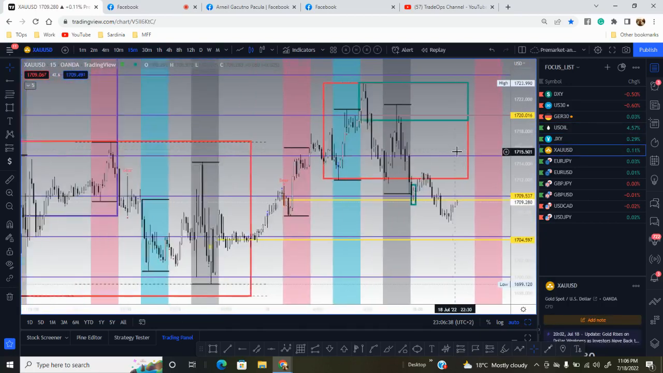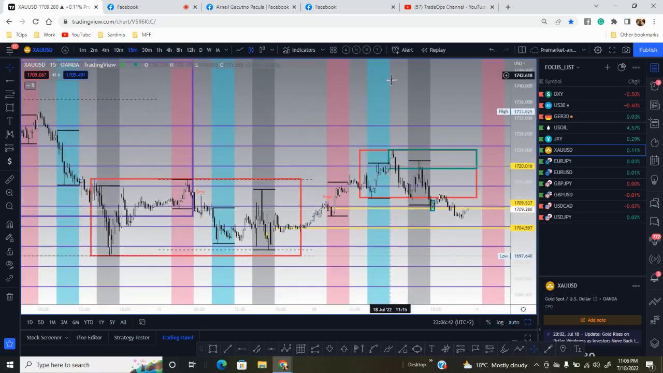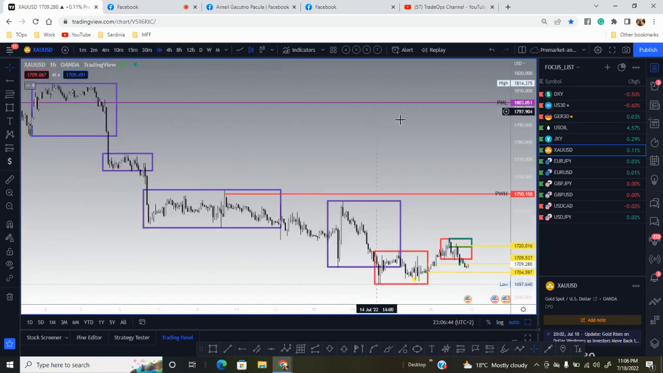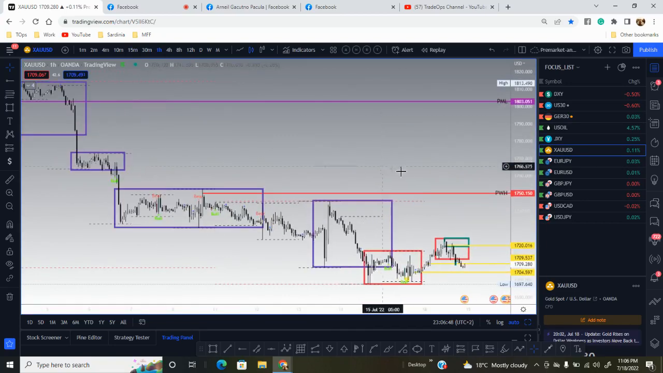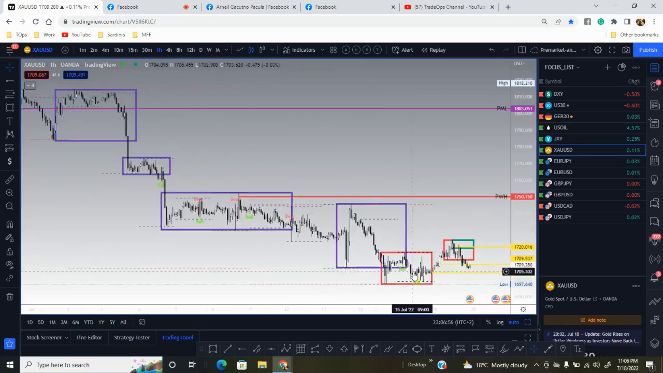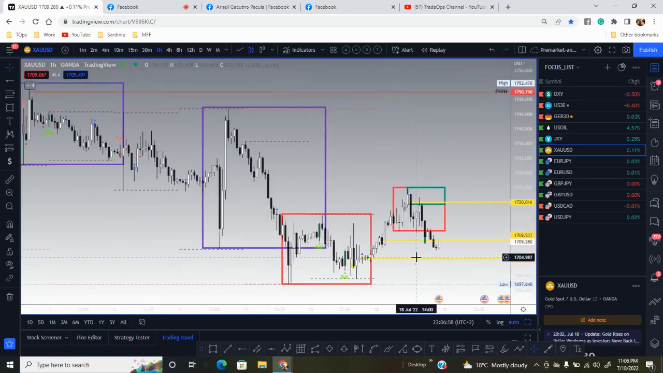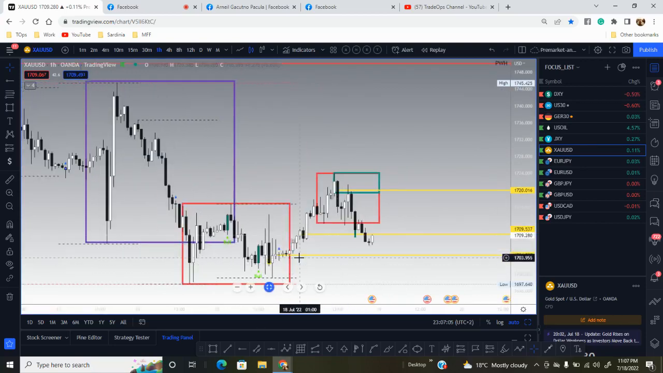Gold, paano nag-trade yun ng gold? So silipin muna natin yung higher time frame. Previous month low, we were trading below the previous month low. 1, 2, 3, 4 boxes, 5 boxes, and then in the 5th box nagkaroon na tayo dito ng double bottom,